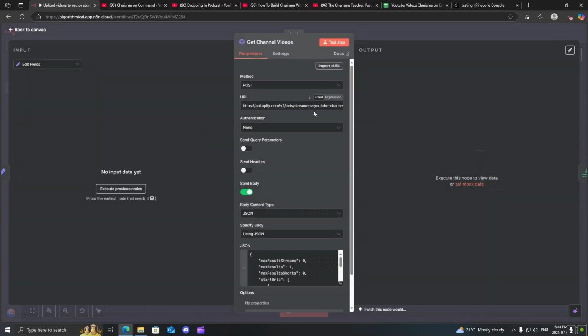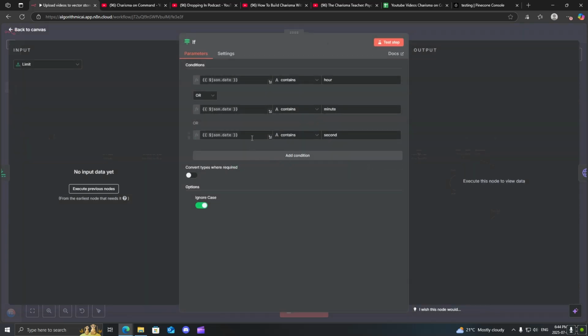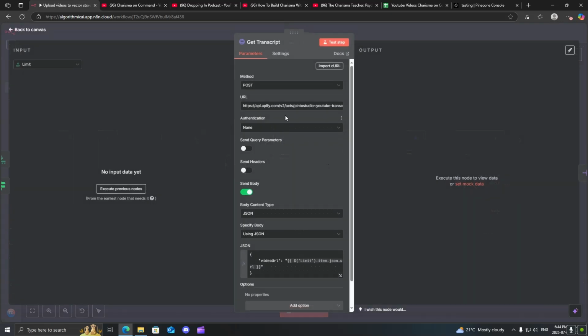Then what I'm doing over here is I'm using an Apify scraper that returns the latest video. In this case, I have it just returning the last video. Then I have this if condition, and this checks to see if the video was posted within the 24-hour time period. Then we use another Apify scraper over here, and this one is what is used to get the transcript